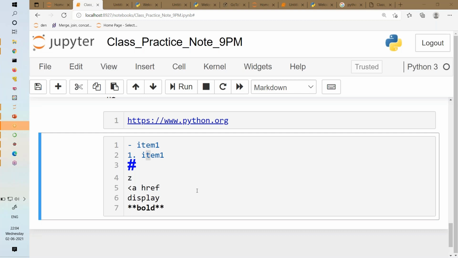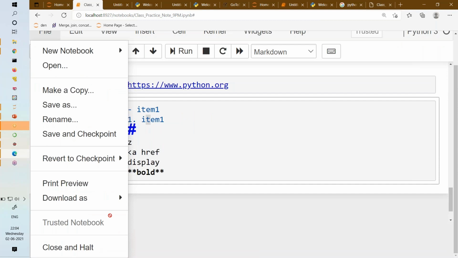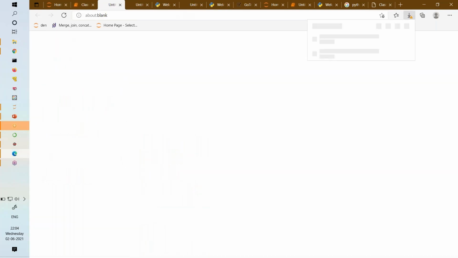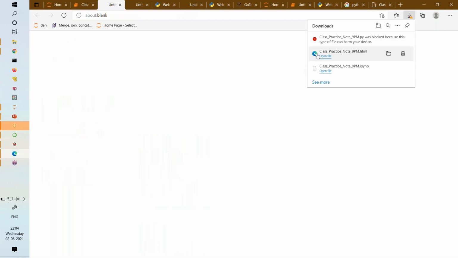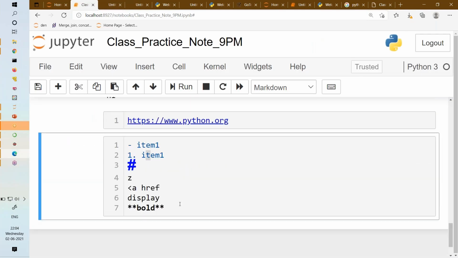So it's up to you. IPYNB to PY and PY to IPYNB can be converted very easily. Here you just change it to .py if you want. If your user asks you to share it in py format, download it as .py. Now this is a .py file, and you can open this .py file. But if it is IPYNB, what is the standard you are asking? It depends on the company. I cannot generalize.